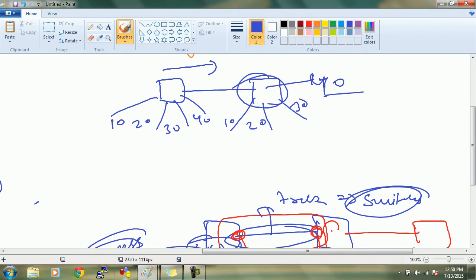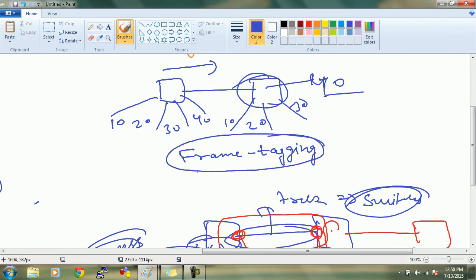Because 10 is a different broadcast domain, 20 is different, 30 is different. For this thing, switch uses, what do they use? Frame tagging. For frame tagging, I have two